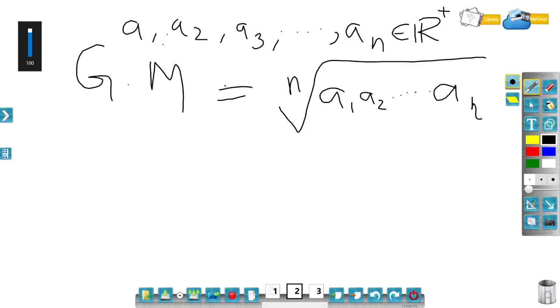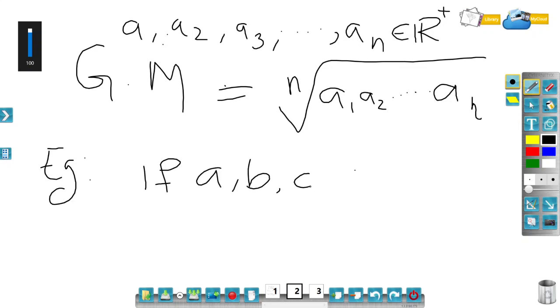So for two positive real numbers, we have proved that the arithmetic mean is greater than or equal to the geometric mean. We have even proved some properties of the arithmetic mean and geometric mean. For example, let me quickly recall one property which we have proved. If we have three real numbers a, b, c which belong to R plus, then we have seen that